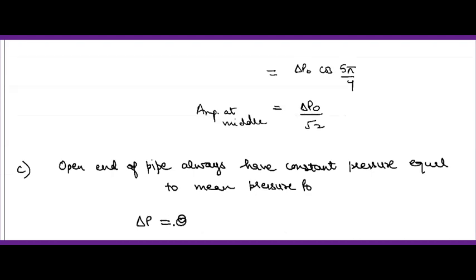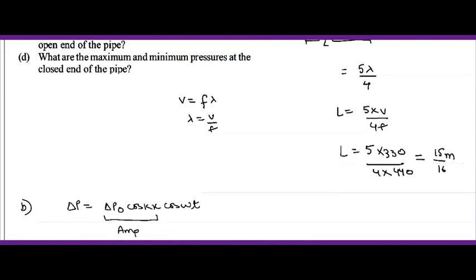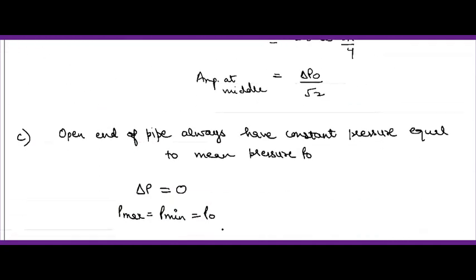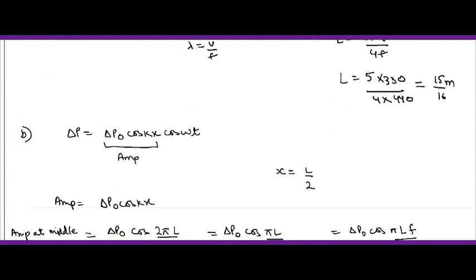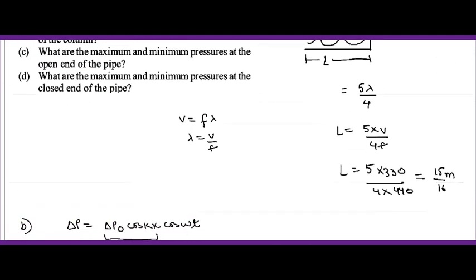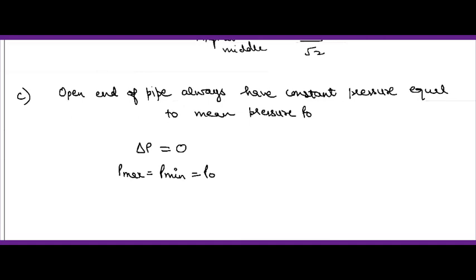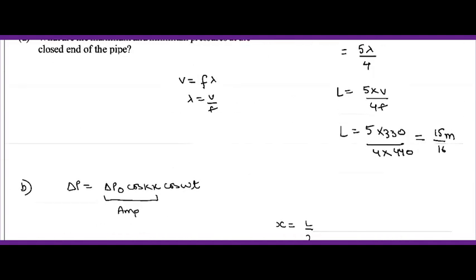यानी हमारा Δp जो होता है इस पॉइंट पे, ओपन एंड पे वो 0 होता है, और p_max और p_min इक्वल हो जाते हैं p₀ के। ठीक है, तो हमसे पूछा था सी पार्ट में मैक्सिमम एंड मिनिमम प्रेशर्स, तो वो दोनों हो जाएंगे p₀ के इक्वल, जो कि हमें गिवन है, मीन प्रेशर एट एनी पॉइंट ऑफ द पाइप। अब लास्ट पार्ट देख लेते हैं, डी पार्ट।